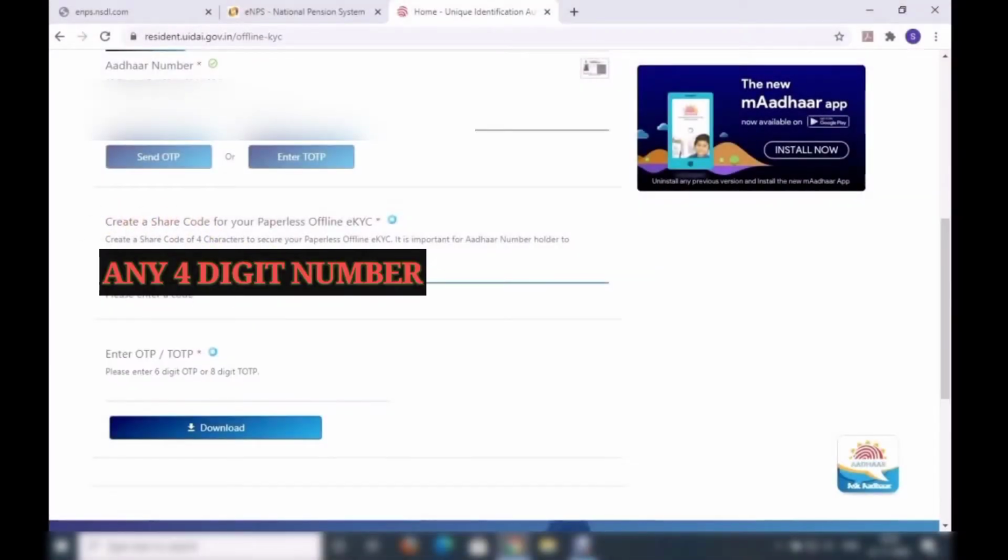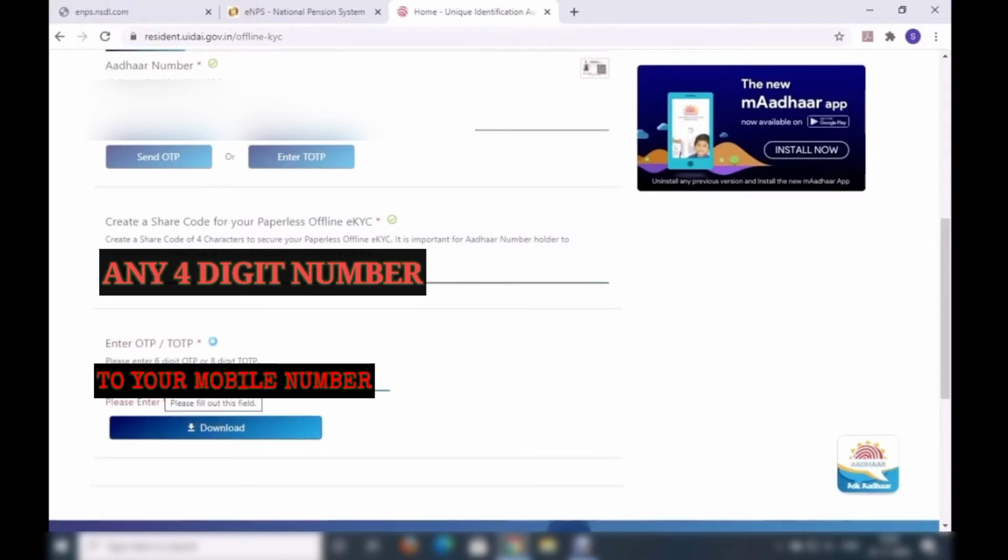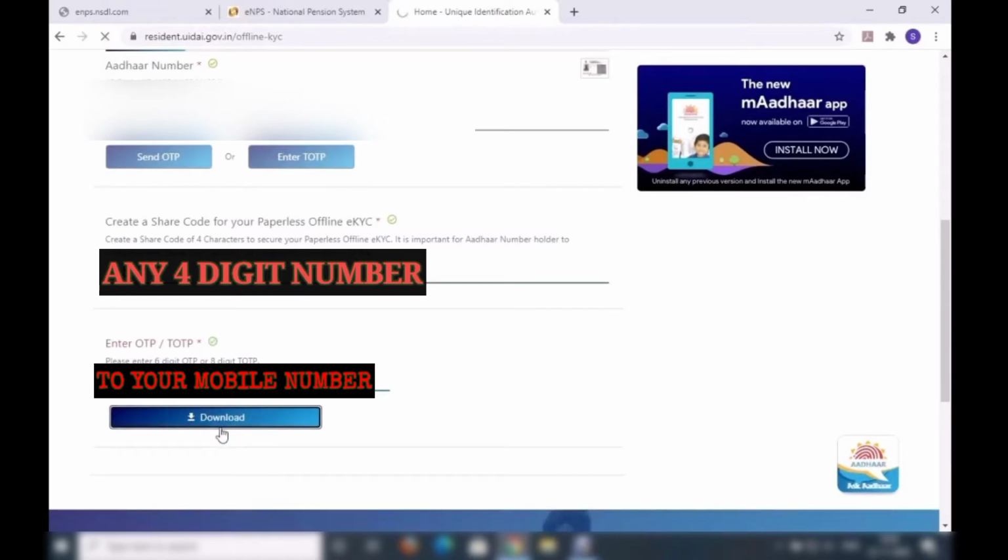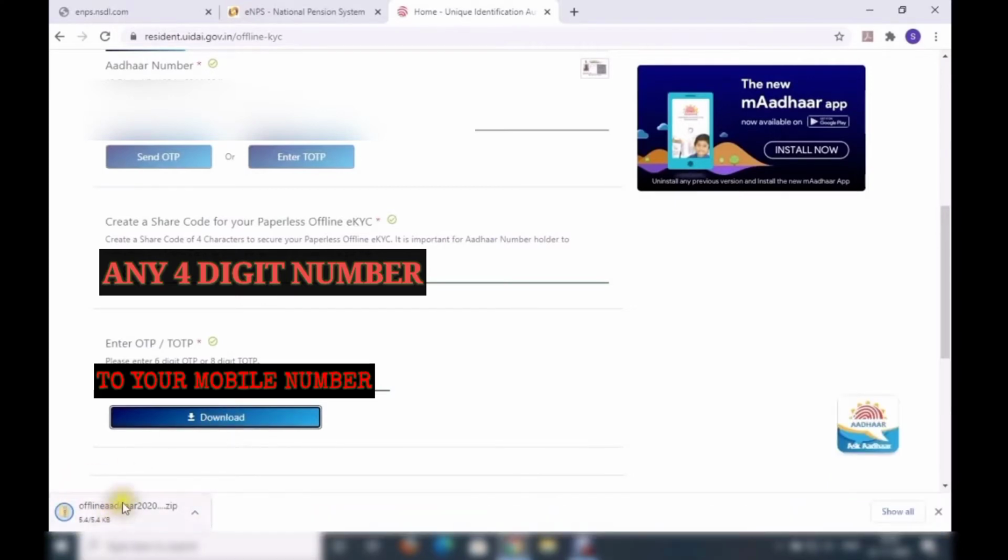You have to create a share code for your paperless offline eKYC. Whatever OTP you have received, enter it and click on download. In downloads, your offline eKYC will be downloaded.